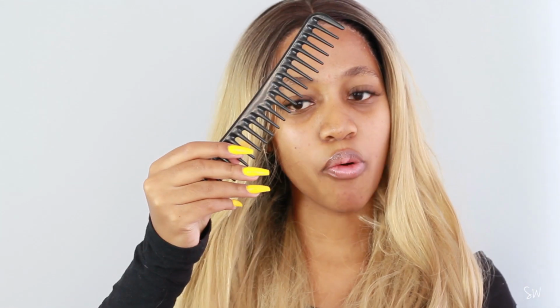So I do need to brush out this hair before I start straightening it, and that's exactly what I'm doing. I am using a wide tooth comb. I do have a wider tooth comb, but I can't find it at the moment. The one thing I will say is that obviously it is still synthetic hair, so it does tangle a little easier than